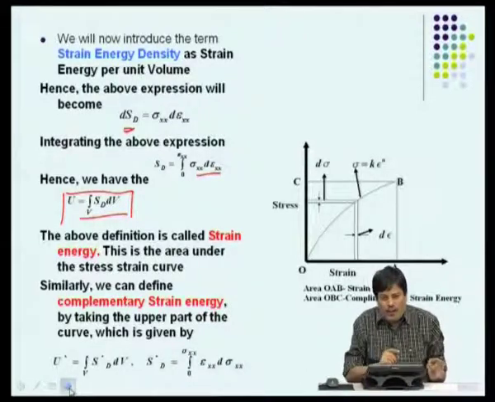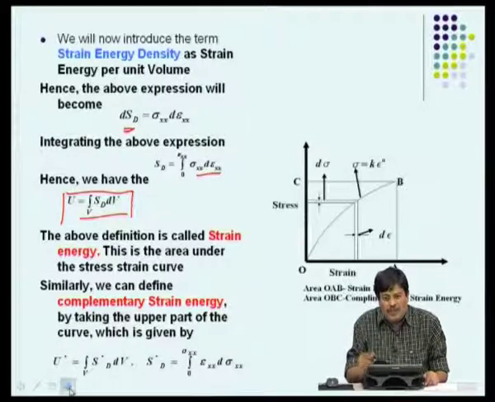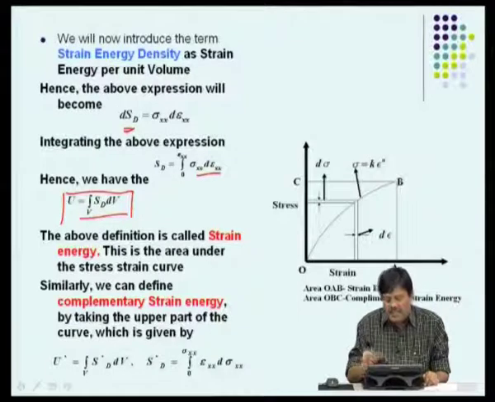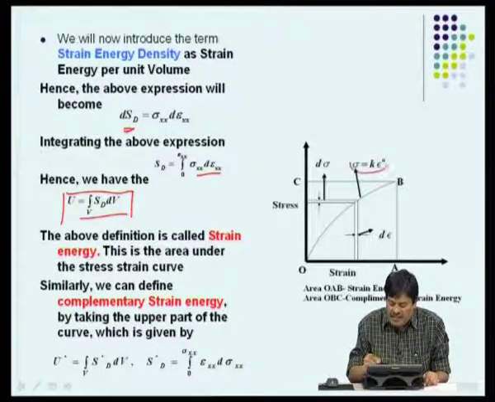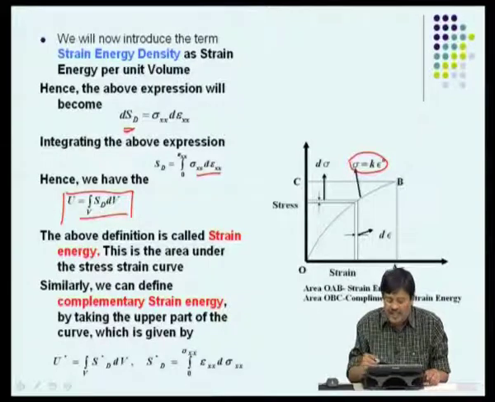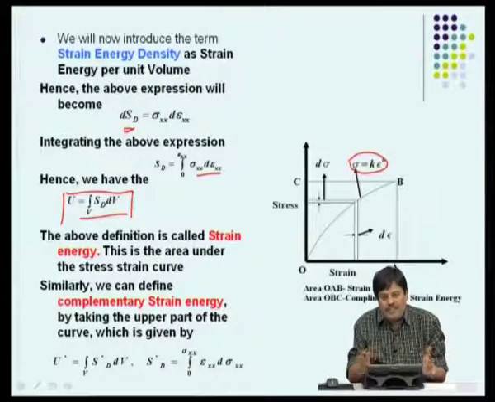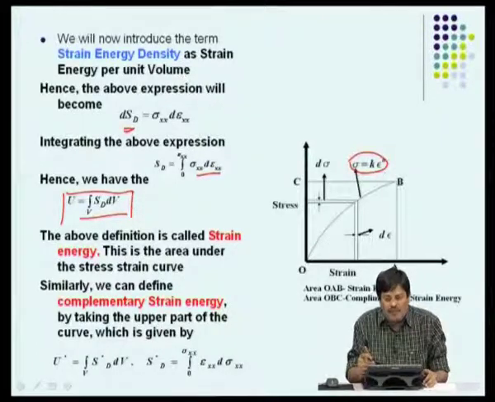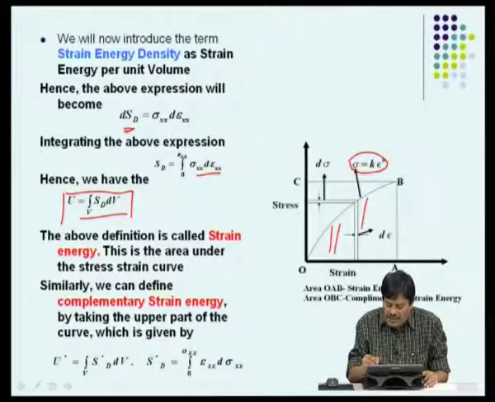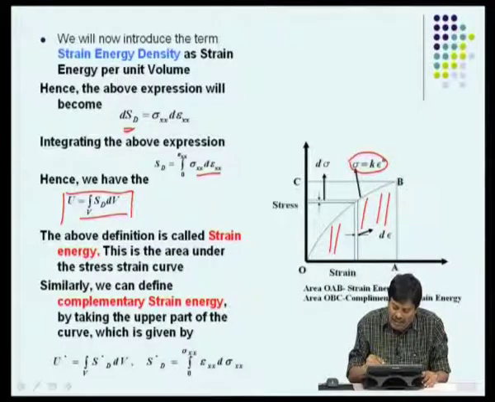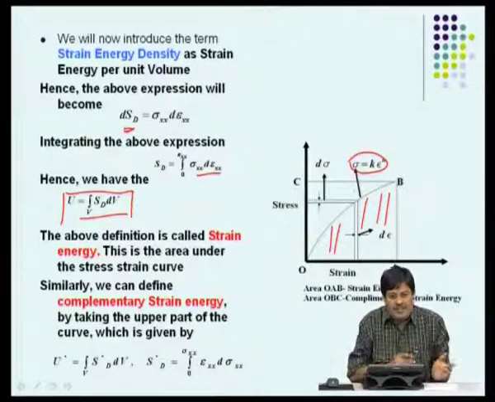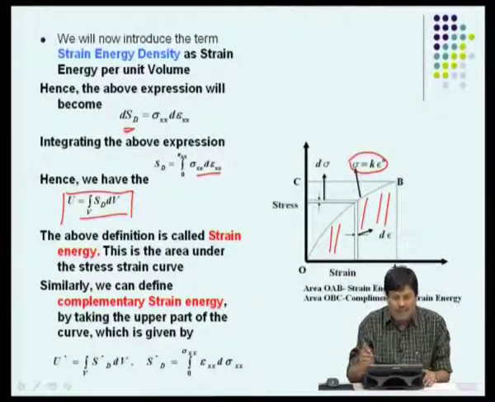So, drawing the analogy between the force and the work, we can again draw the analogy between stress and the strain. If the stress and strain are related by this, and this is the relation that holds good, obviously there may be, if epsilon equals 1, a linear relationship, which is the constitutive model which we talked about just a few minutes before. And now, if you take this and plot it, the area under this curve is basically the strain energy, and the area above this curve is called the complementary strain energy, and one is used for displacement based analysis and the other is used for force based analysis.